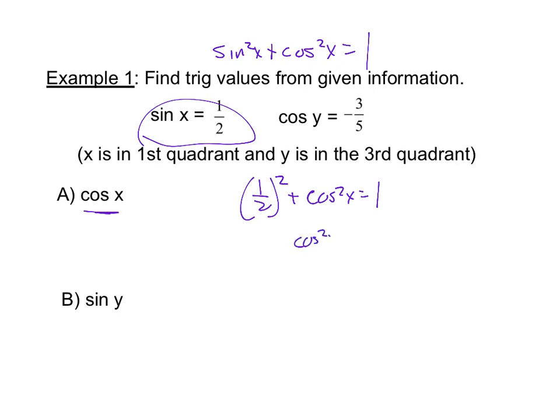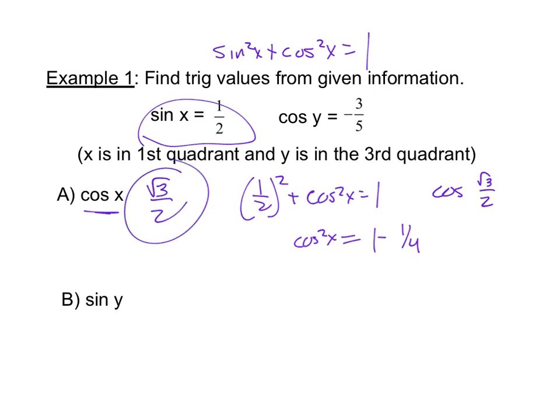So cosine squared x is 1 minus 1/4. So cosine ends up square root of 3 over 2. So we know it's in quadrant 1, so we know it's positive. Sine of y,